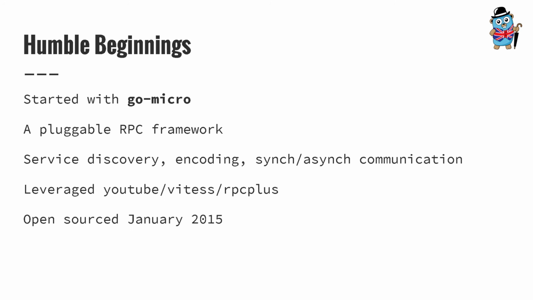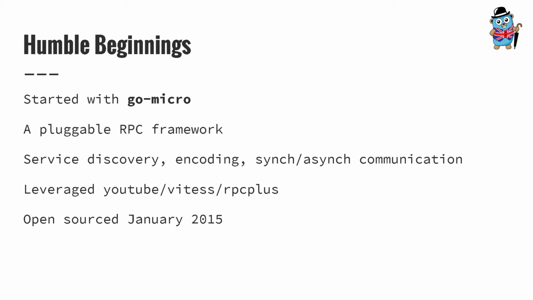And so in January 2015, I open sourced this pluggable RPC framework called Go Micro. It was essentially what I thought were the building blocks, or the problems I needed to have solved at the core so that I could write distributed system software. And at the time,